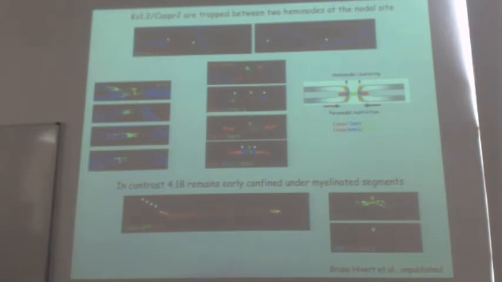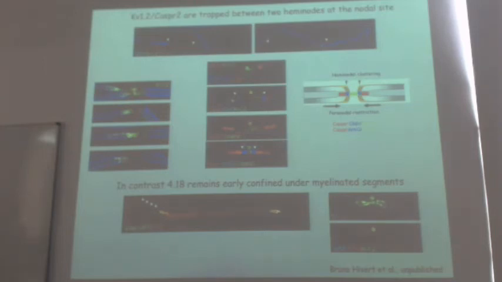So this is a schematic drawing with two heminodes of adjacent myelinated segments, which are becoming contiguous. Here, the myelinated segments are contiguous in this picture, and here there's an unmyelinated segment between two heminodes. So what we observe is that the potassium channels are frequently trapped between two paranodes at a nodal position. This is also the case here for Caspr2, which is also trapped at the nodal position, meaning that